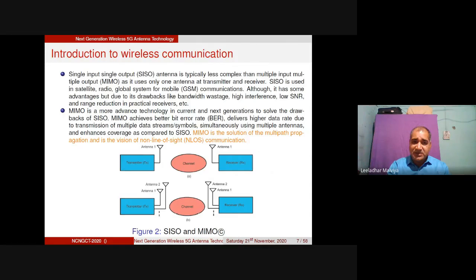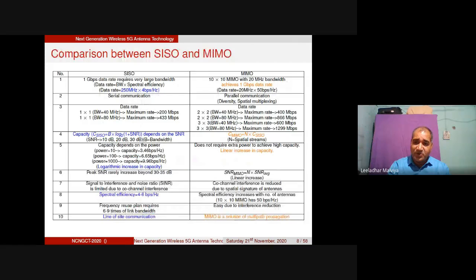So if you look at these two technologies, single input, single output, and MIMO, we find that 1 Gbps is a requirement in so many services. But in the case of a single antenna, or SISO, 250 megahertz is the minimum bandwidth requirement, with a spectral efficiency of 4 bits per second per hertz. If you multiply this, we'll find a 1 Gbps data rate. But 250 megahertz is a very huge spectrum that combines so many services, and that's why 250 megahertz is just like a vestige of the big spectrum.